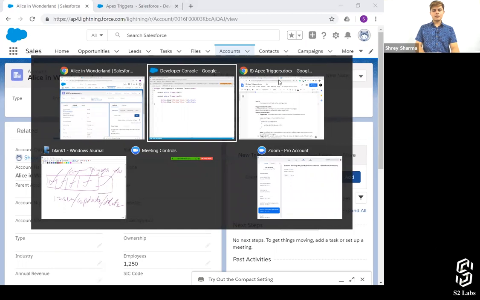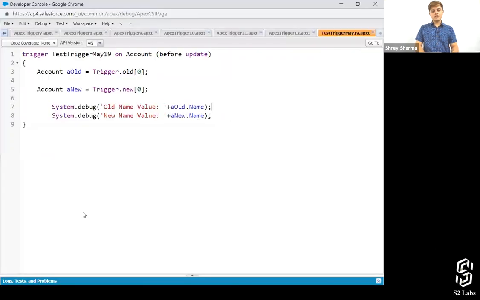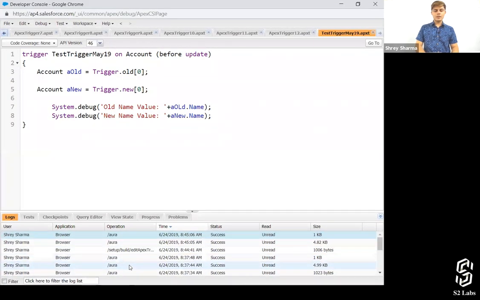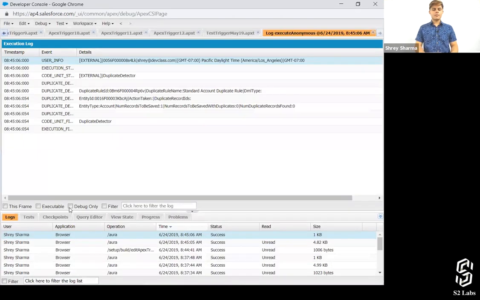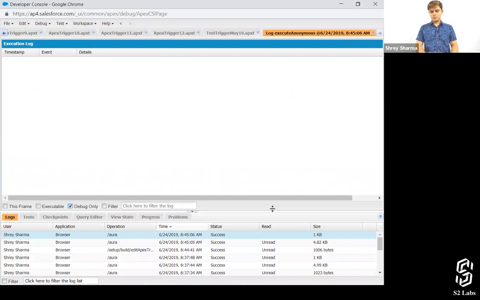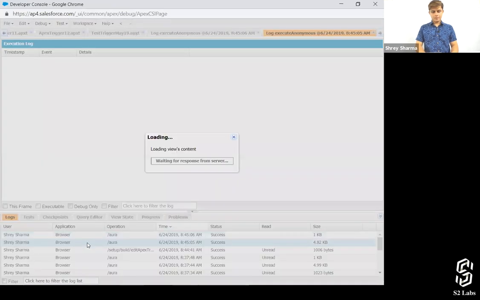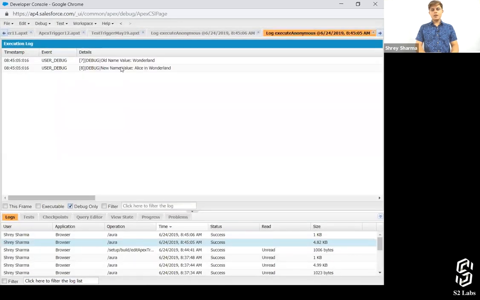Let's go into the debug logs. That's where we're going to see the result. Old name value Wonderland, new name value Alice in Wonderland.